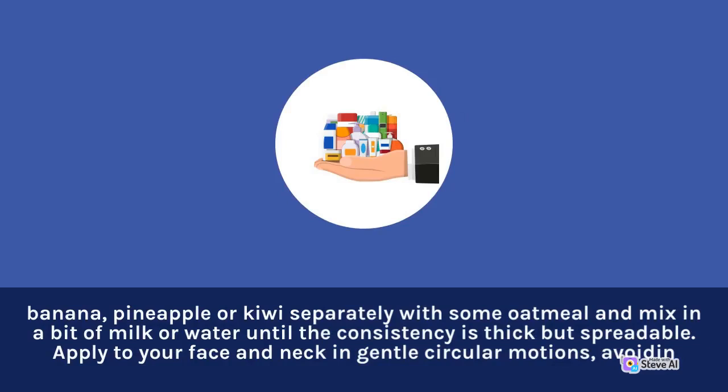with some oatmeal and mix in a bit of milk or water until the consistency is thick but spreadable. Apply to your face and neck in gentle circular motions, avoiding